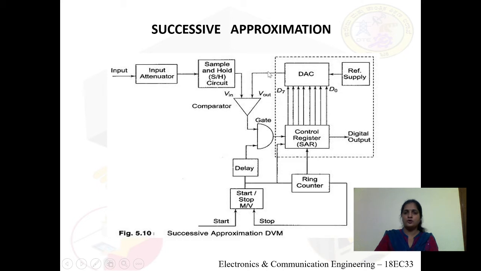Finally, the DAC produces the analog equivalent value of that particular bit, and the same is loaded onto the digital output. In this DAC we have considered 8 bits, that is D7 to D0. Initially, if we start the operation and provide the start pulse through the multivibrator, it enables the process. Initially, the output of the DAC will be loaded with 0. Vin will be compared with the output of the DAC, that is Vout. Vout is equal to 0 at the initial value. As a result, the output will be positive.